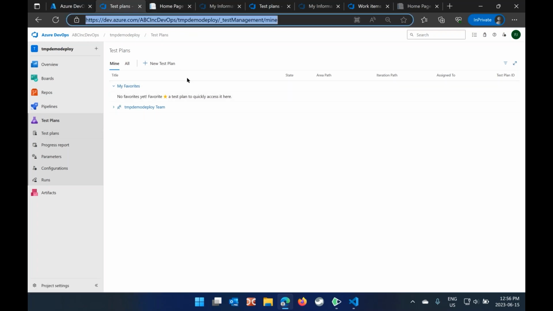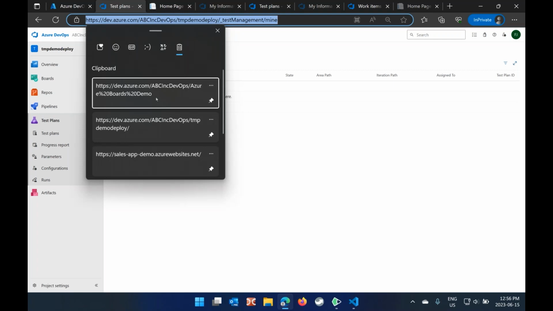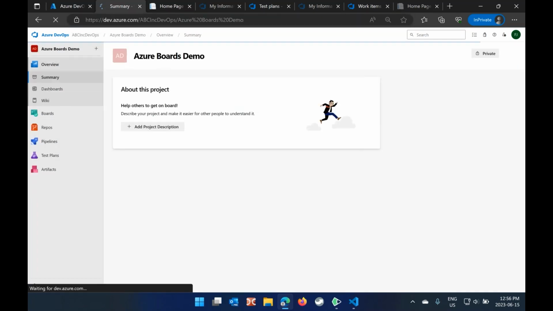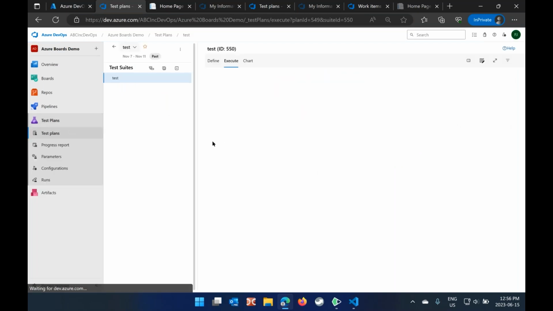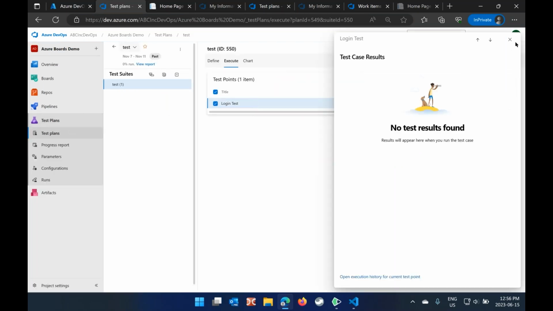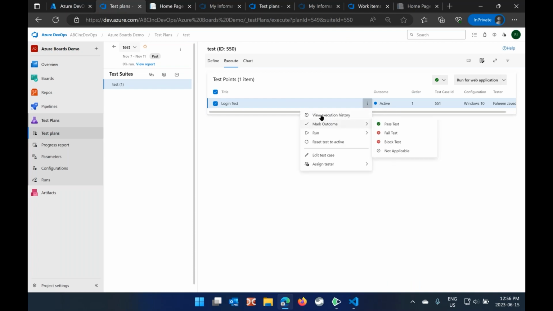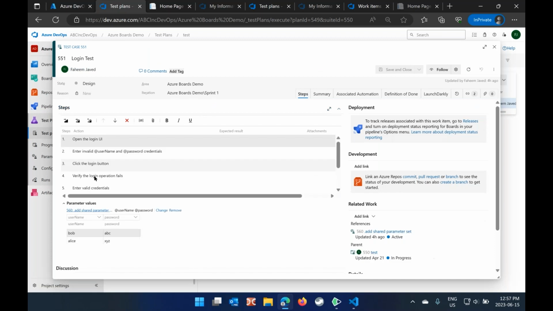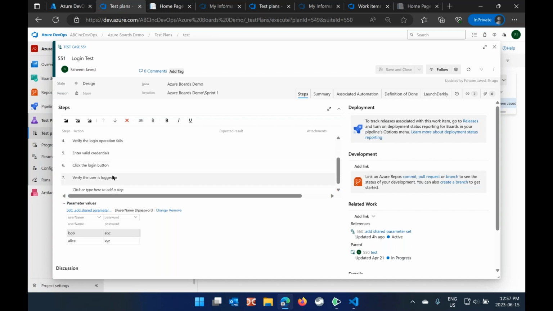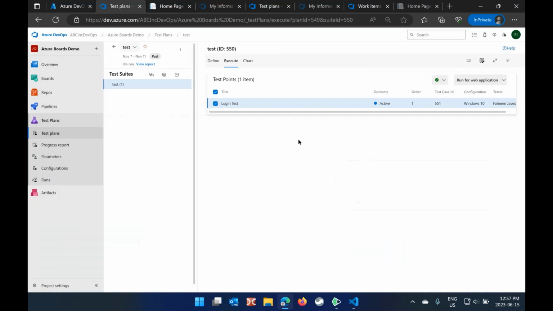Which one should I use? Okay, so test plans wise, you can create simple test plans where you just record different activities that should be performed by the tester, like open the login UI, enter, add username, add password. These act as parameters basically, and we can provide the values to the tester in a sort of a spreadsheet format. So add all of your steps basically, and then the tester will be able to